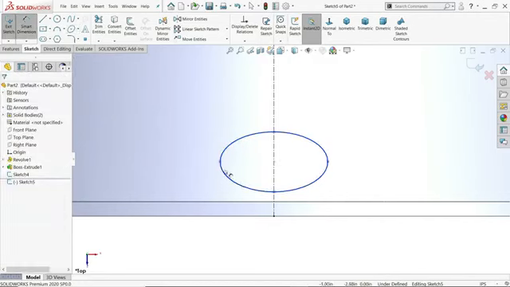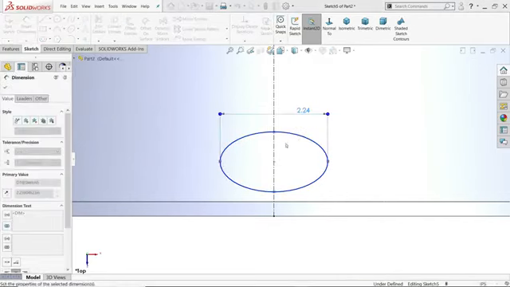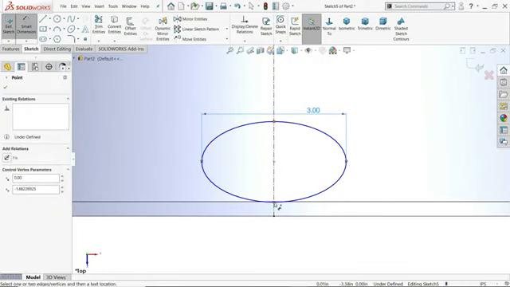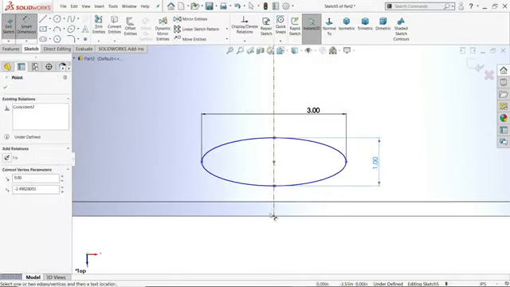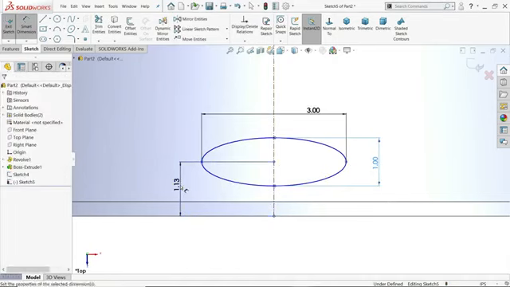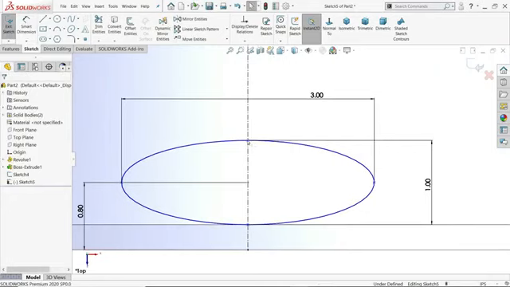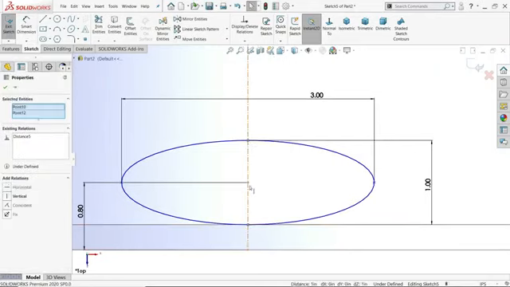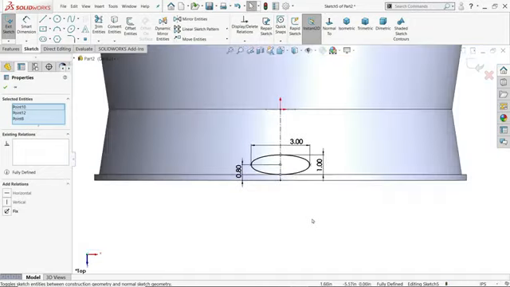Okay, let's define dimensions. 3 inch, 1 inch, and the center distance is 0.8 inch. It's still not defined, so we need to define some constraint. Vertical, see, it's fully defined.